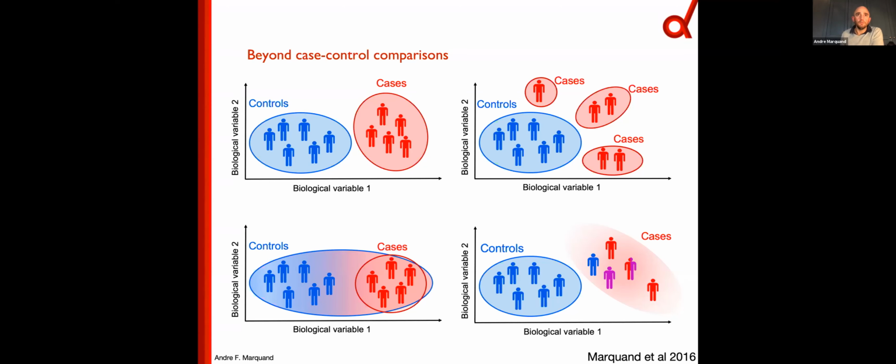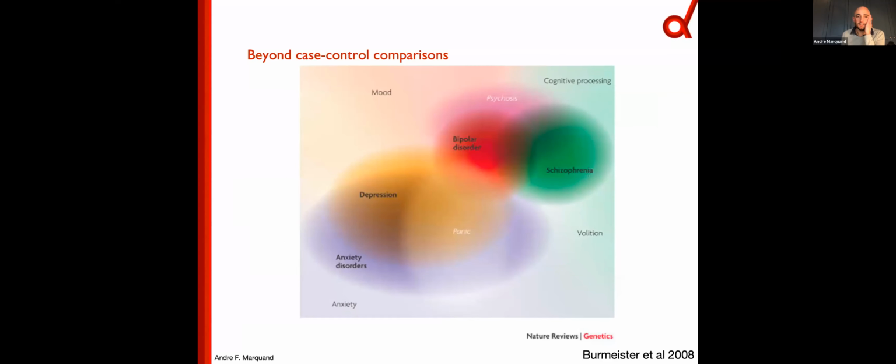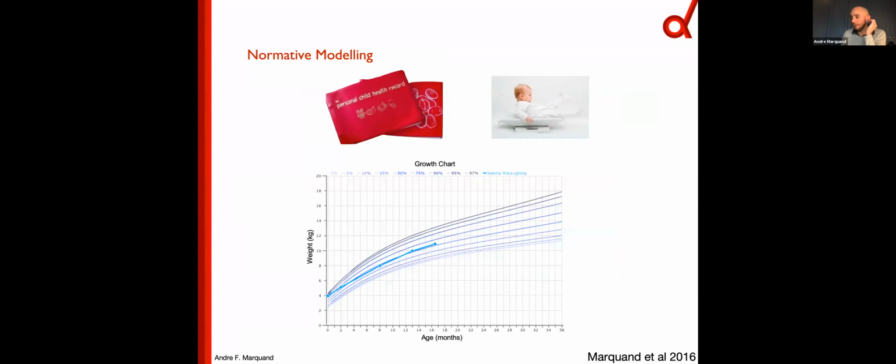And this is one of my favorite figures. This is from a genetic study, and it shows a conceptual space representing different disorders that I think quite accurately reflects what is probably happening: lots of overlap between different disorders, very fuzzy boundaries, and so forth. So one of the approaches that we've invested in in recent years to try and address this problem generalizes the notion of pediatric growth charts. I'm sure most of you will have seen this kind of